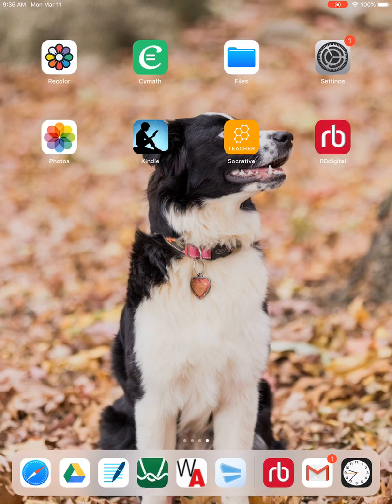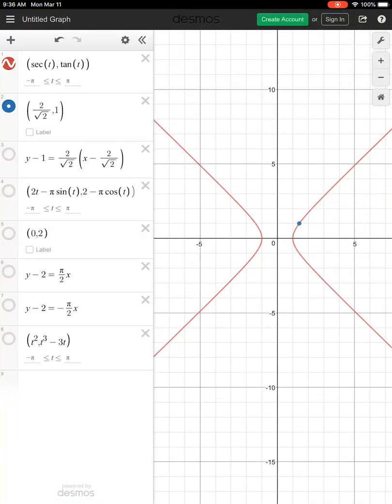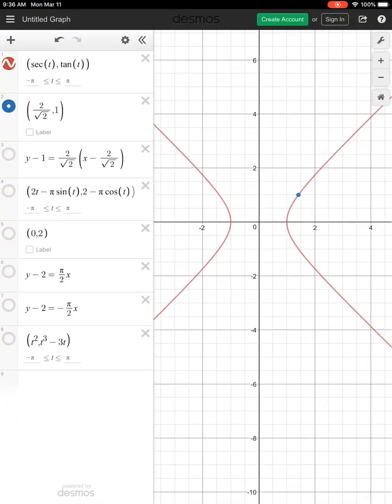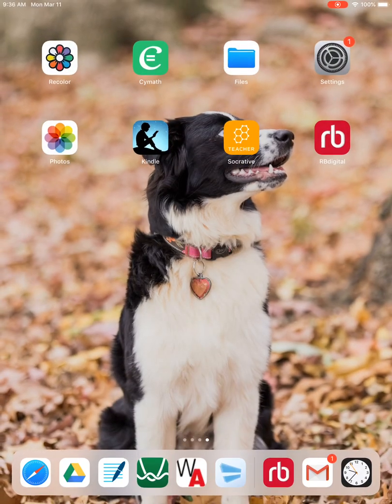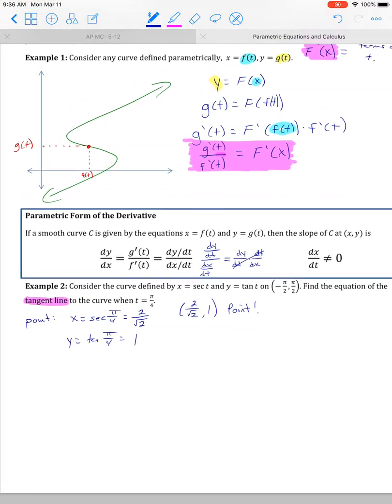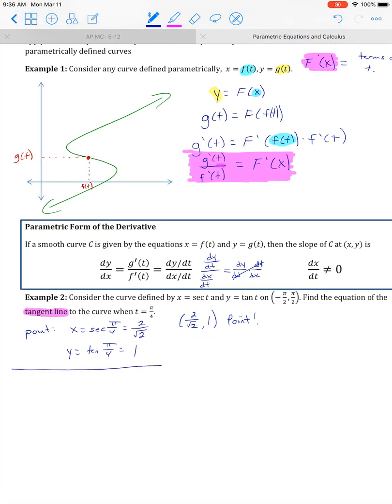So for a tangent line, we need a point and we need a slope. So there's the point in blue. So now we see where that tangent line needs to be tangent. So we can kind of imagine what it should look like at this moment. But the next thing I need to do is calculate the slope at that point in order to find my